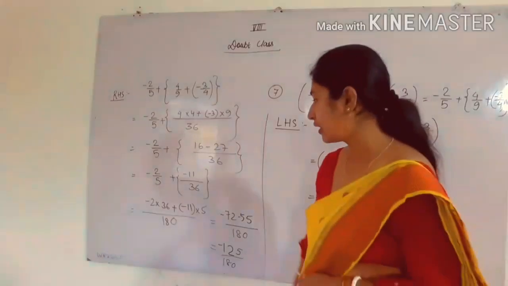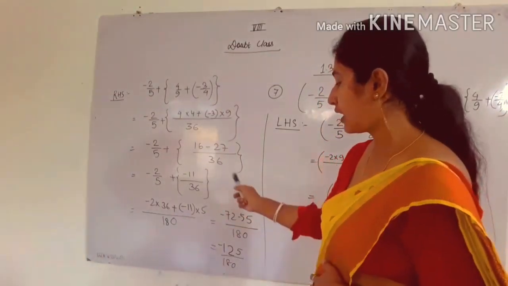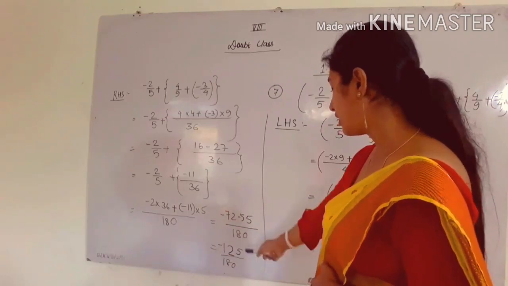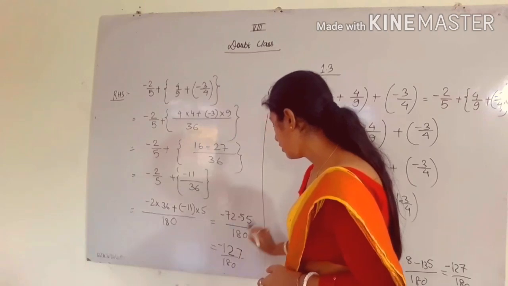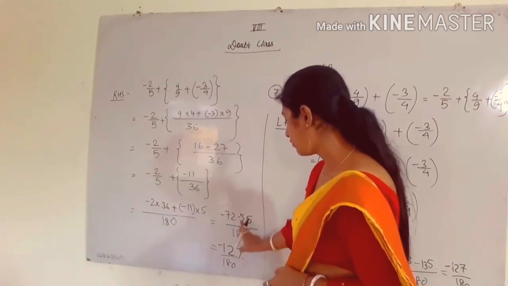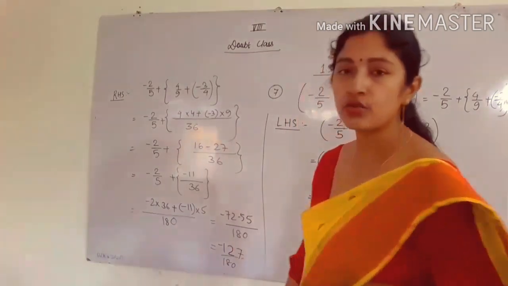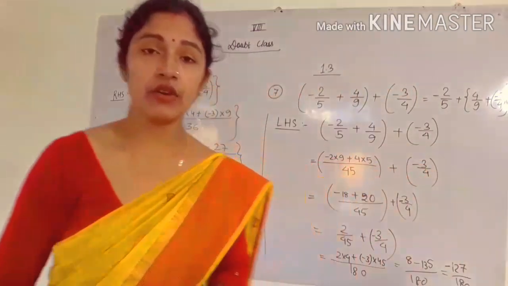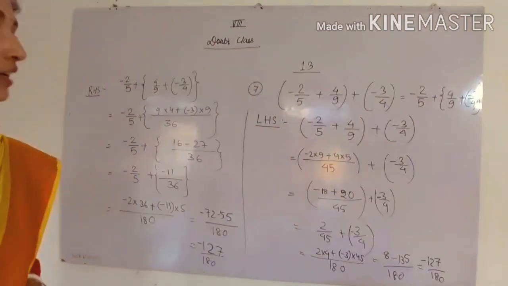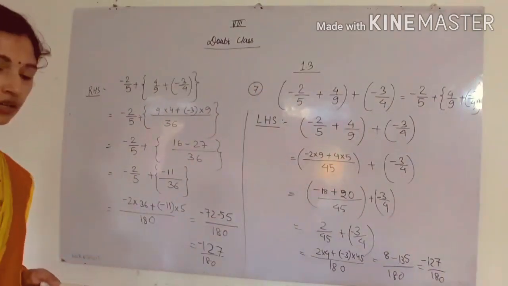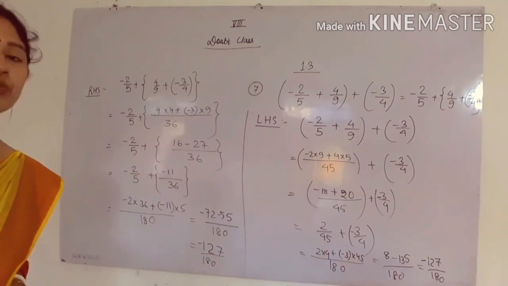Okay. So again you have to take the LCM of 5 and 36. We will get 180 and finally see the answer is 127. 5 plus 2 that will be 7 and 5 plus 7 will be what? 112. So 100 minus 112, that is 127 by 180. So what we can conclude is that the left hand side part is equal to the right hand side part. That means associative property is proved.